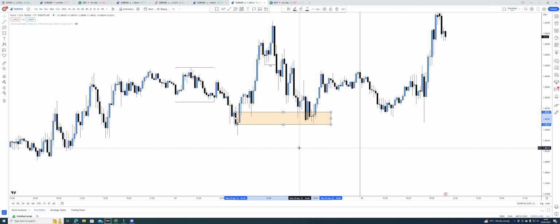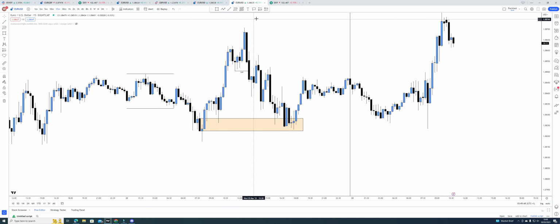Having TP 1, 2, 3, 4, I think it's a bit of a bad idea, especially if you're holding out for TP4 and then it goes to TP3 and then reverses on you. You're going to feel pretty gutted that you didn't at least take any profits or close the trade out sooner. But anyway,